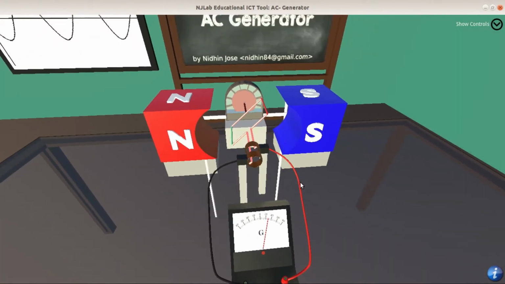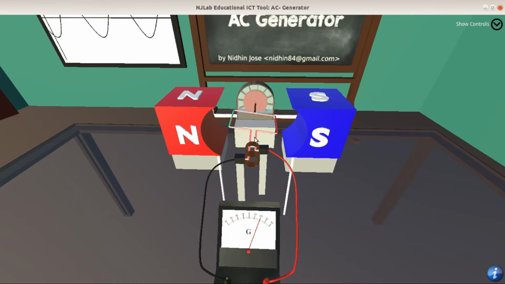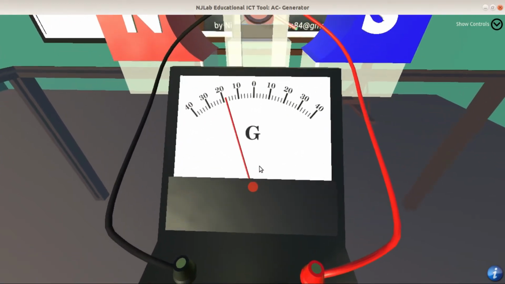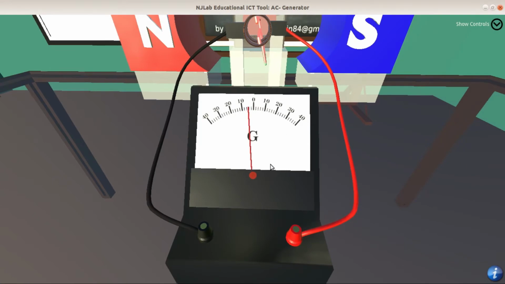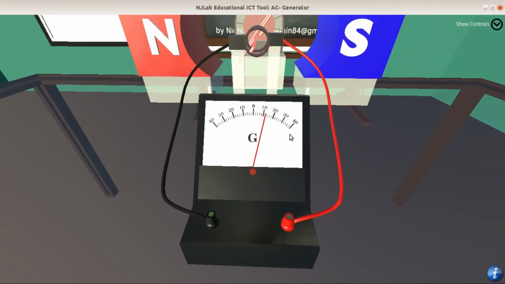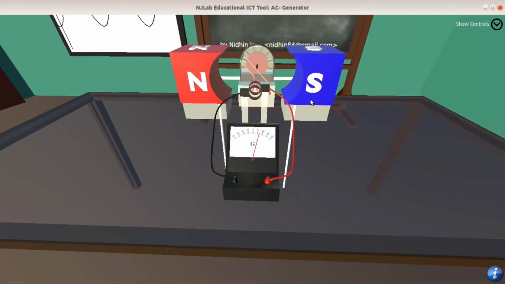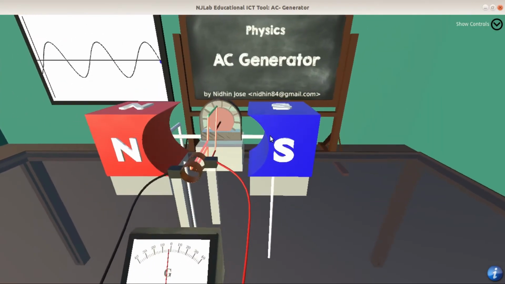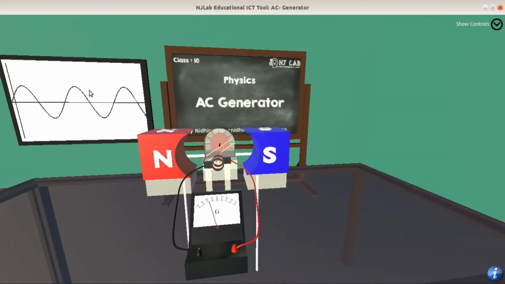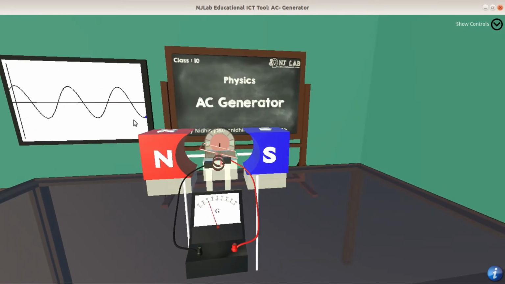You can see an EMF is induced on this armature, which is resulting in the galvanometer deflecting to the positive side and negative side. We can also see a graphical representation of the EMF produced in the coil.